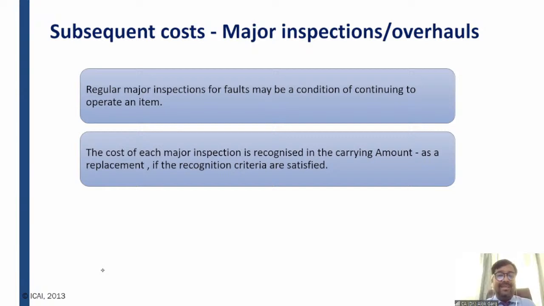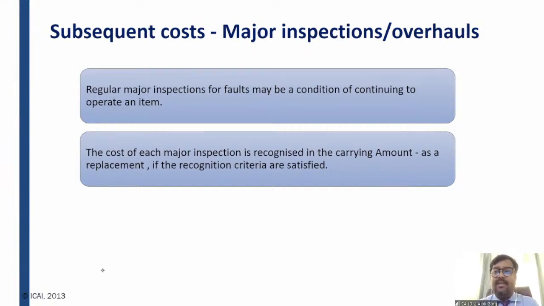So friends, Ind AS 16 says that if there are different components like major inspection, or a major component, for example, engine, for example, turbine, these components have to be capitalized separately if you are aware of the cost. If you are not aware of the cost, then at the time of the inspection or at the time of the major replacement or major expenditure, you need to arrive at a present value. If today's value is X amount, then what was the value 5 years back? What was the value 10 years back? What was the value 6 years back? By doing these discounting calculations, right?